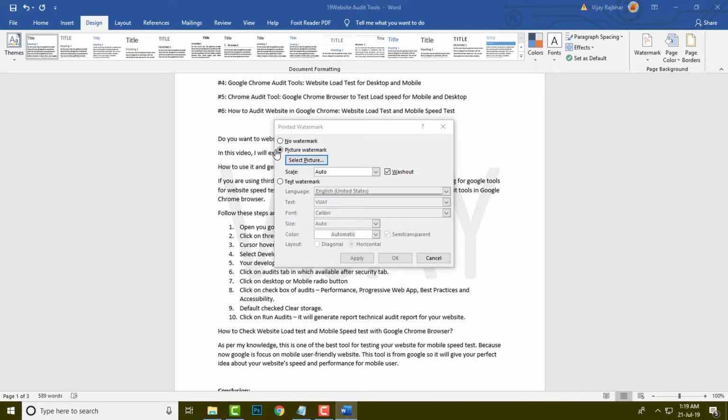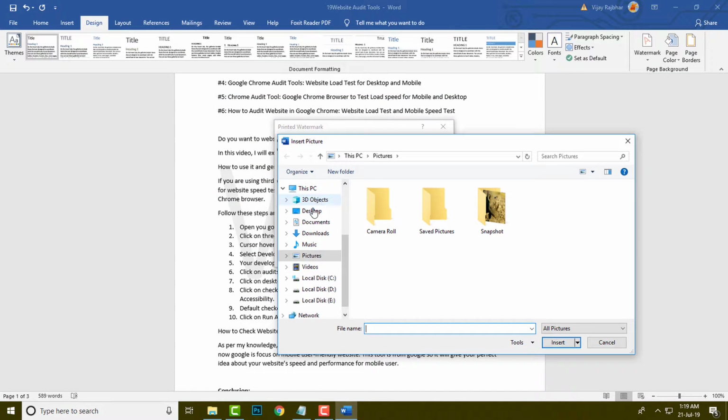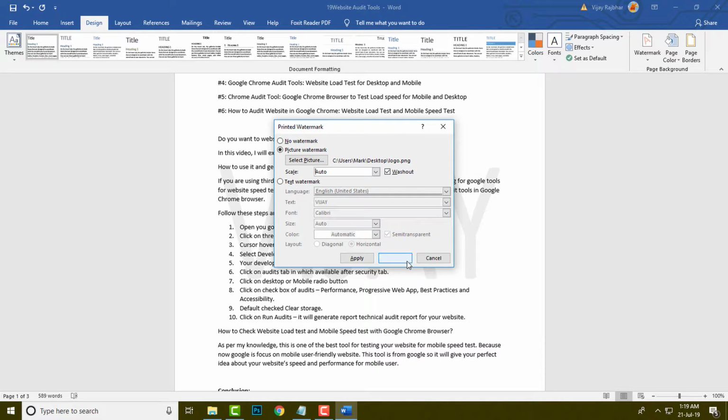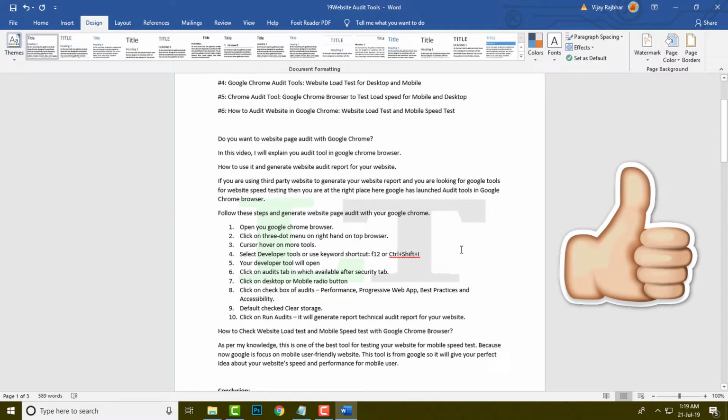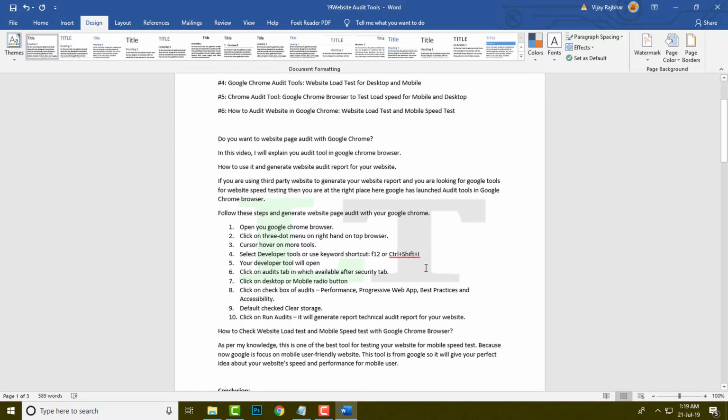Click on Select Picture, from a file, then click on Desktop, and this is one sample logo which I want to add as a watermark. And here you can see this is the logo watermark into this